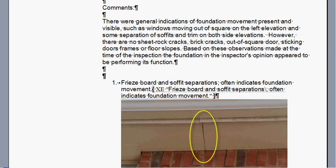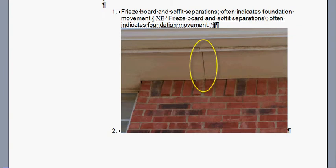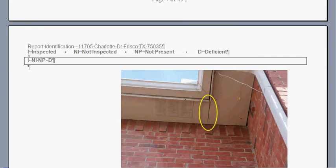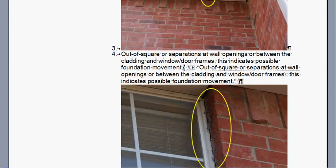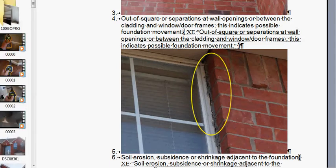So every time I find something, I note it. There's a photograph here, fascia board separation. Basically, you shouldn't get separation like this. And the small amount of foundation movement will show up in that fascia board movement. And soffit, another one there. Windows on the left-hand side are way out of square. And one of the things about that is, if we look at the photographs of the building,